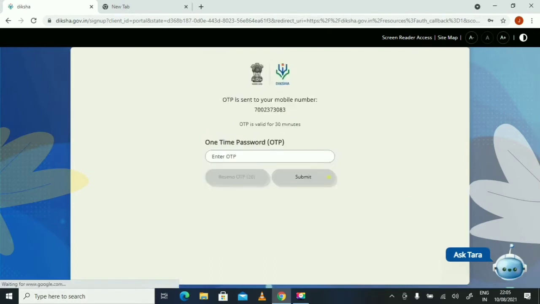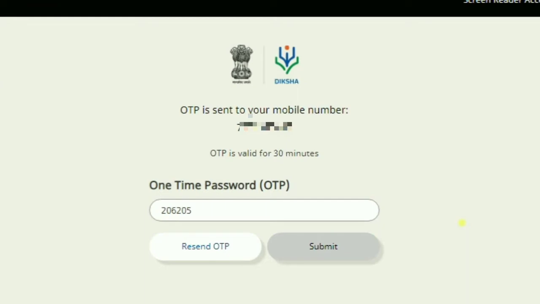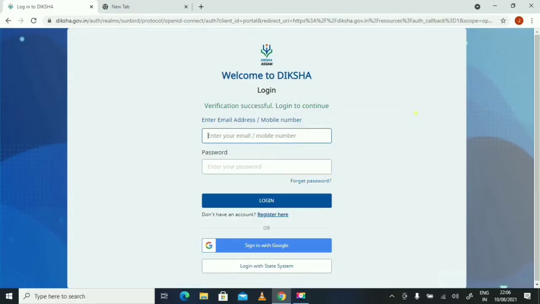As soon as you click on the register button, an OTP will be sent to your mobile number. That OTP will be valid only for 30 minutes. Then, you need to put the OTP here, and then press submit. Congratulations! Your account is created, and ready. After that, this login window will appear, and you have to log into your account with your mobile number and